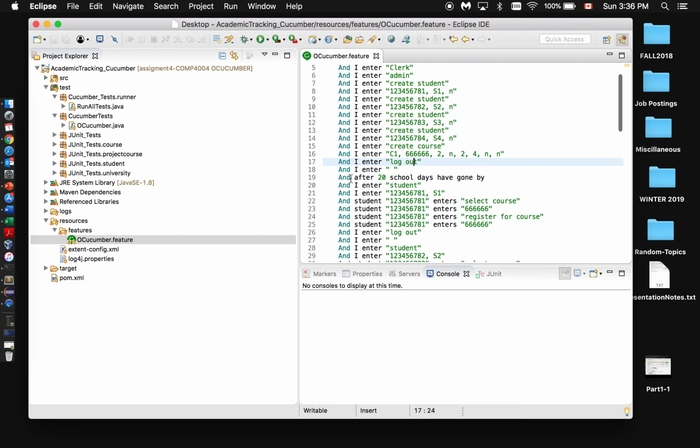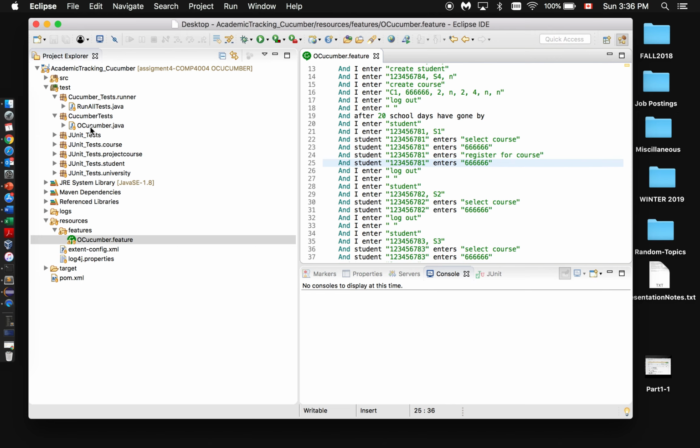We wait for 20 days of school, and then we enter the student, which is S1. He will select the course and the course code, and then he will attempt to register for a course. So the way I did it over there